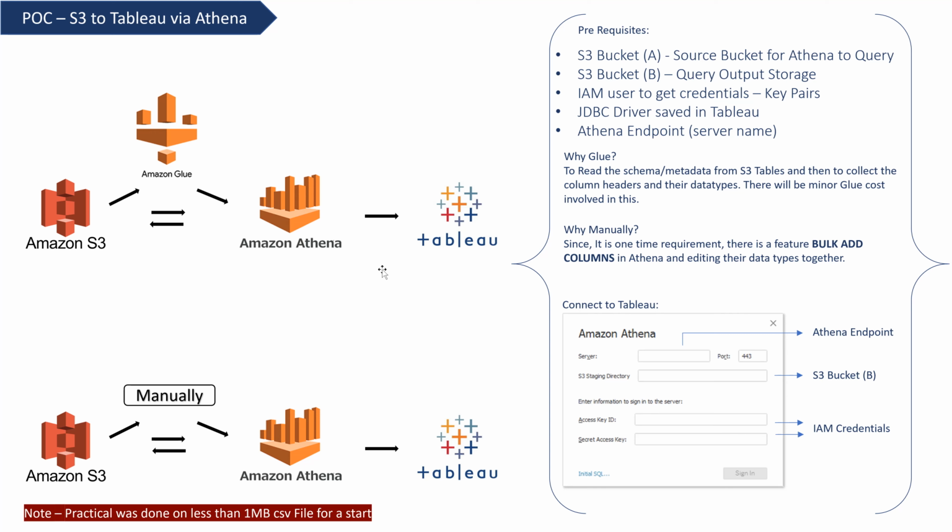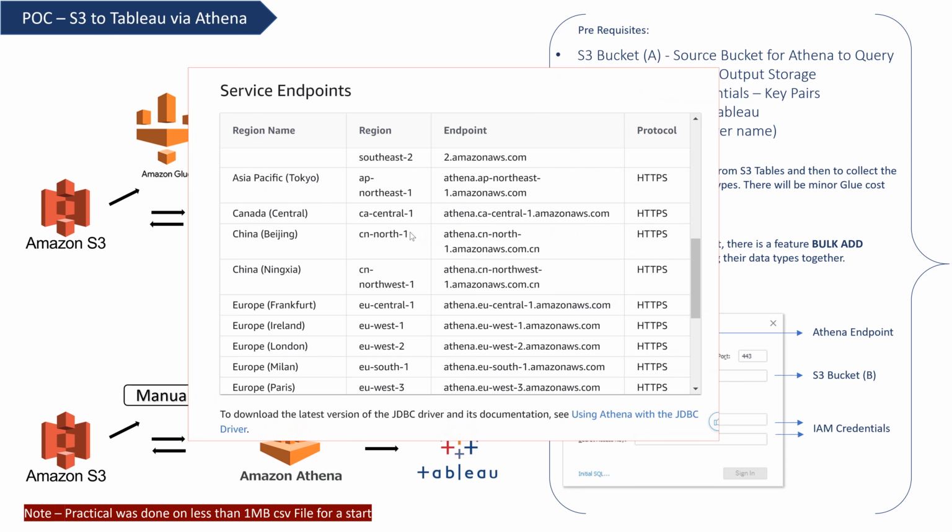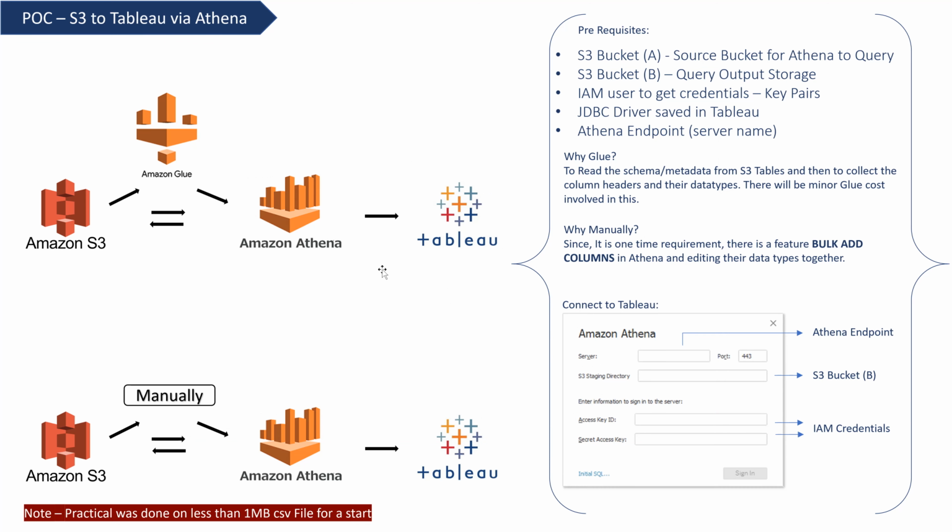And then you need the Athena endpoint, the server name. Another prerequisite is the Athena endpoint. So this is a server name. Usually it is always like athena dot us-east-1 dot amazonaws.com. When I mention us-east-1, it can be different. It depends on which region you are in. So it could be any other US region or any location. But the first and last words are as I've mentioned: athena dot whatever region you have.